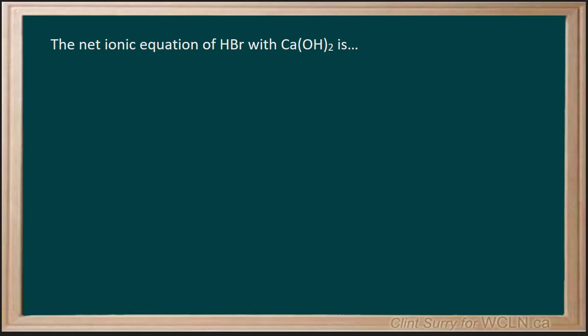The net ionic equation of hydrobromic acid with calcium hydroxide is. For this problem, what we're going to do is begin by writing out the balanced equation, which would just be HBr plus calcium hydroxide, making... it's an acid-base neutralization, so we know water is going to be a product, and